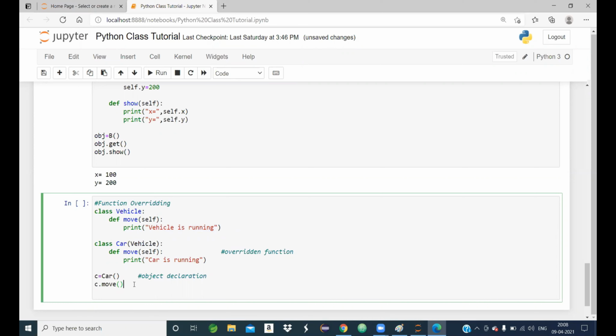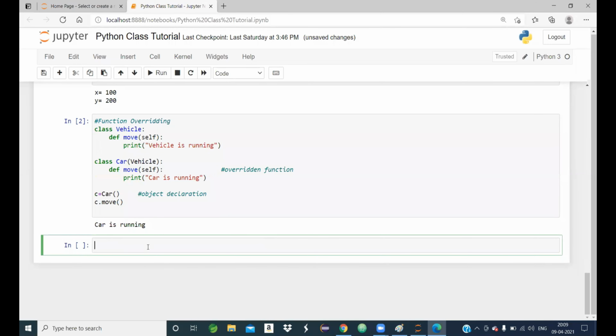You remember, the child class property will always execute in this context, because c is the child class object. So now I will hit run. Car is running, which means the child class move function definition executed.